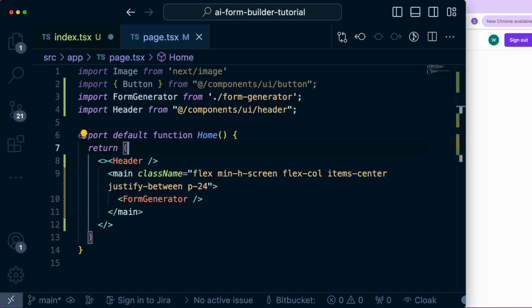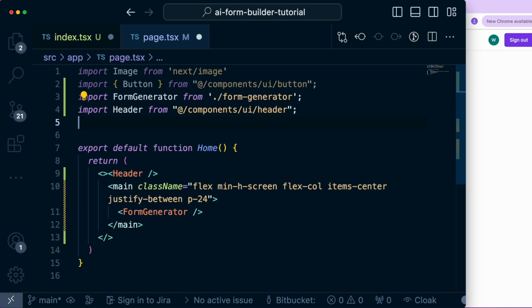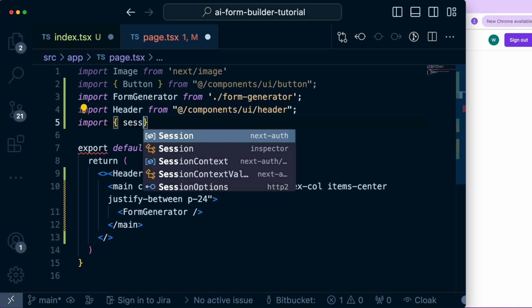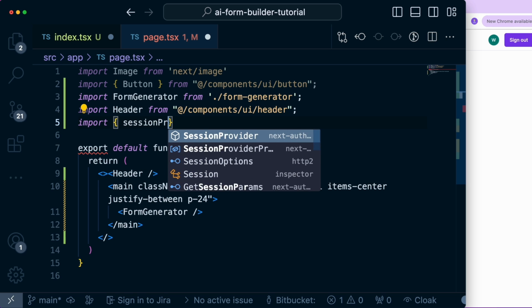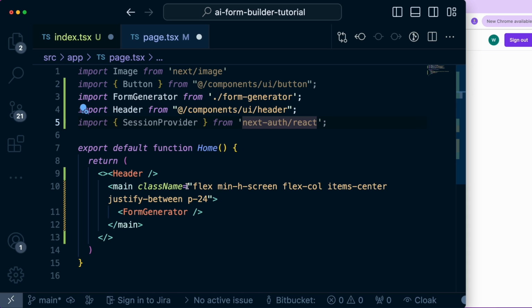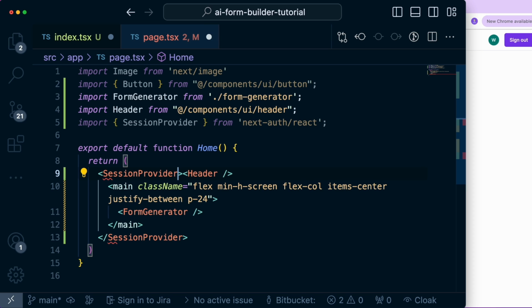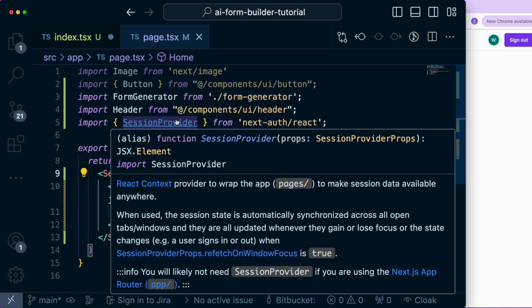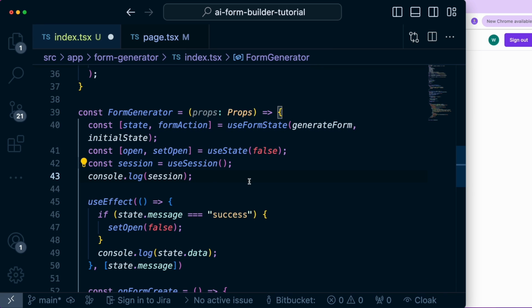So what I'm going to do is I can wrap my whole application inside this Next Auth provider, or I can only pick the client components that I need to access this useSession hook. So let me import this SessionProvider at the top, and it's also coming from next-auth/react. So let's add that session provider outside of the component, save that,